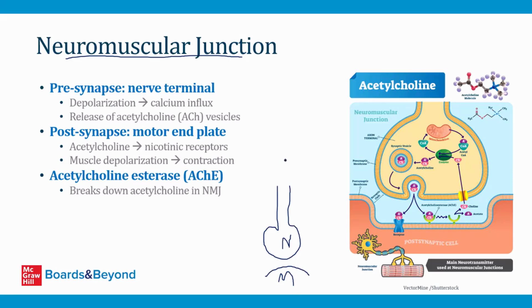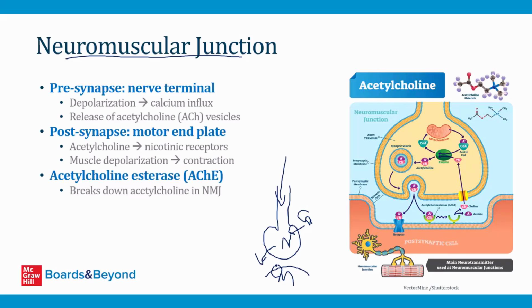The way this works is depolarization travels down the neuron, and when it reaches the nerve terminal, calcium comes inside the neuron. That's a key event at the neuromuscular junction: the entry of calcium through so-called voltage-gated calcium channels. They get this name because they're calcium channels that open when the voltage changes in the neuron, meaning when it depolarizes. Once the calcium comes in, that triggers the release of acetylcholine, a neurotransmitter, which goes and binds to receptors on the muscle fiber, and that's going to cause the muscle fiber